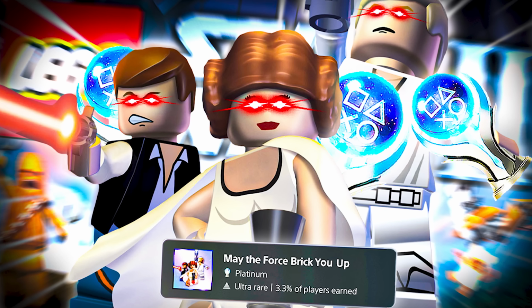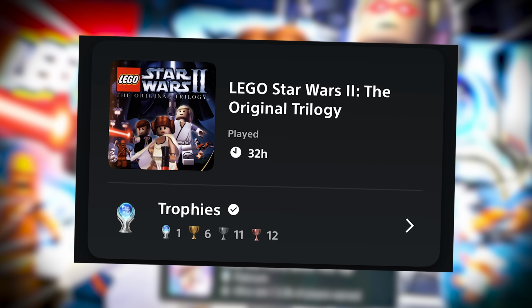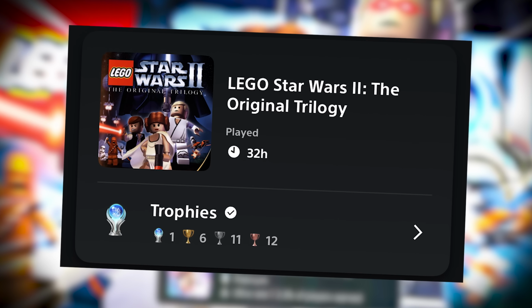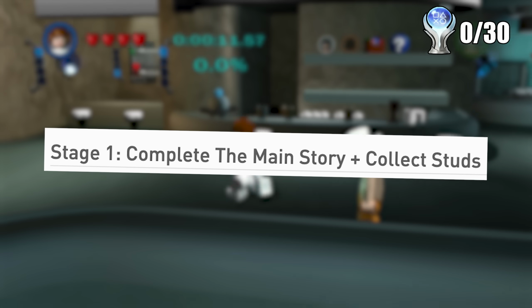Anyways, LEGO Star Wars 2 only has 30 trophies, including the Platinum Trophy, so it's a pretty tiny list. It took me over 30 hours to complete, however, which was very surprising coming from a LEGO game. It also does take multiple playthroughs to finish, and it's, in my opinion, one of the hardest LEGO games I've ever done. So starting off today, stage 1 is to beat every level in the game